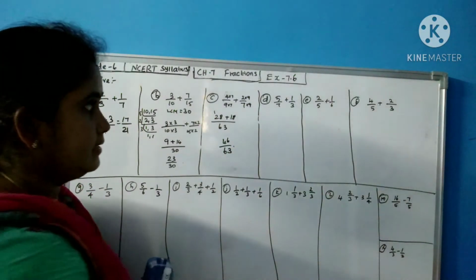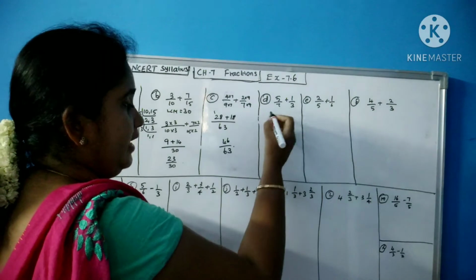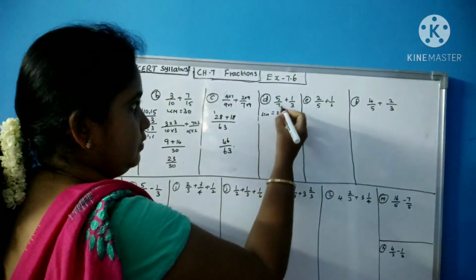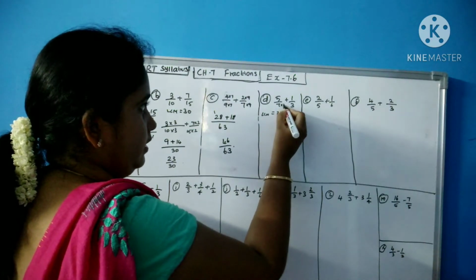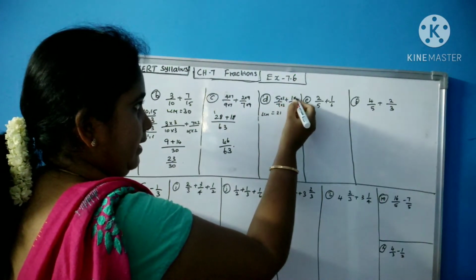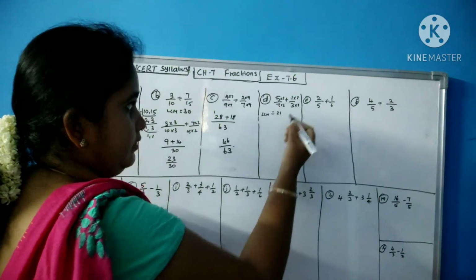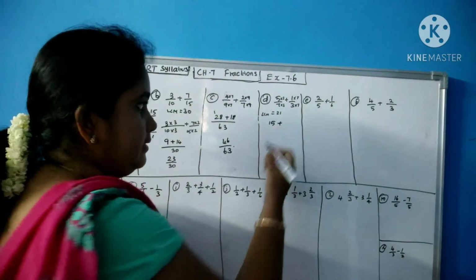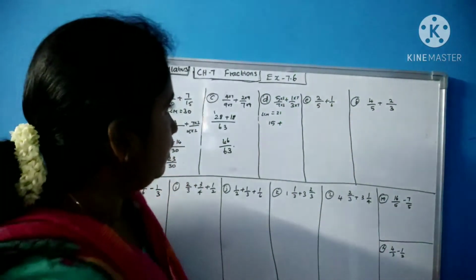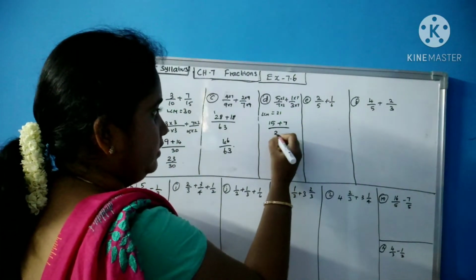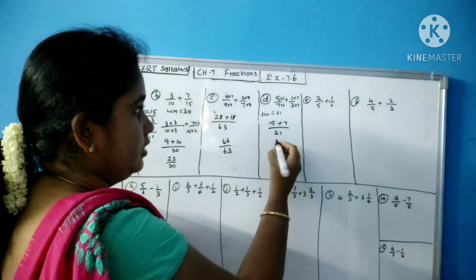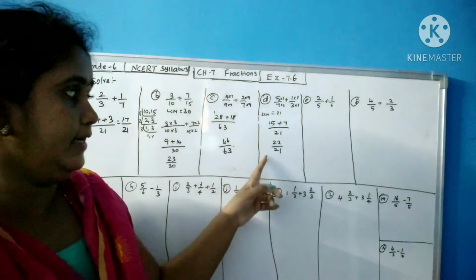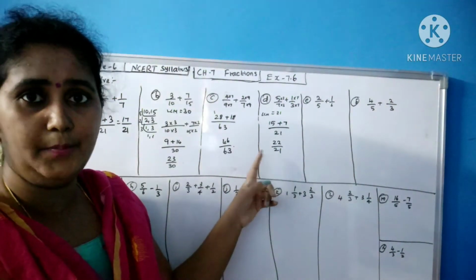Hope you understand. Next sum. Again you can multiply directly. Your LCM is 21. So 7 into 3, 5 into 3, cross multiply. 1 into 7, 3 into 7. So 5 3s are 15 plus 7 divided by 21. 15 plus 7 is how much? 22 divided by 21. See, the numerator is high, denominator is low. So this is an improper fraction.